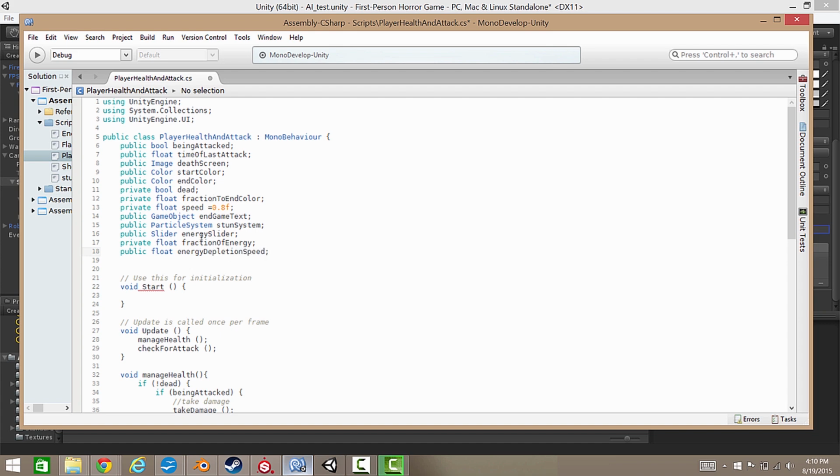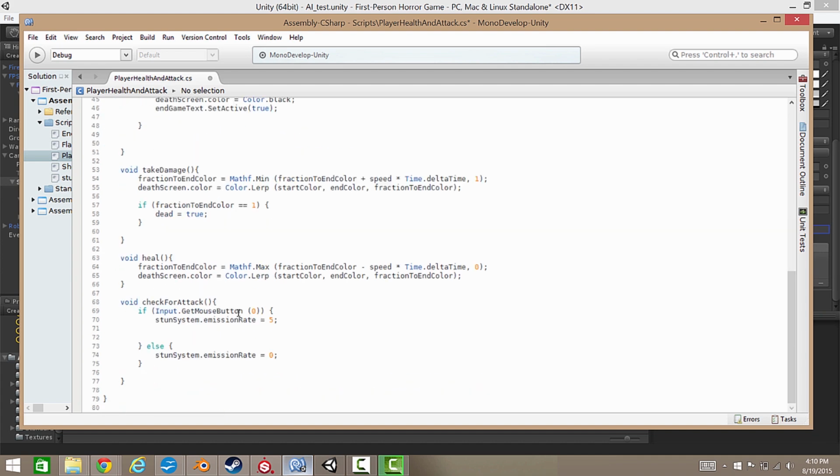And they are our energy slider, our fraction of energy, and our energy depletion speed. So we'll need all of those in order to get this working here. Now, I'm going to calculate the fraction of energy by saying that equal to, and we need to basically subtract little by little as we go, continue to hold down the left mouse button. So I'm going to say fraction of energy minus the energy depletion speed